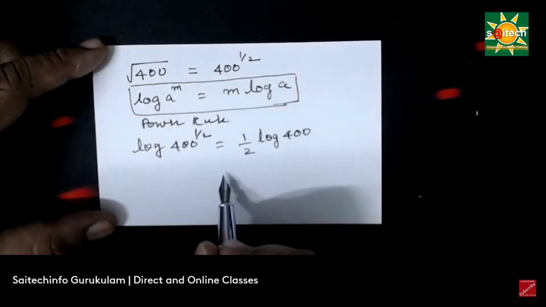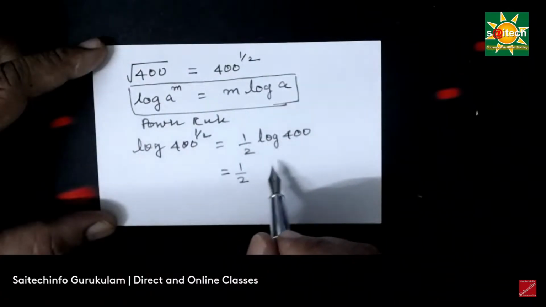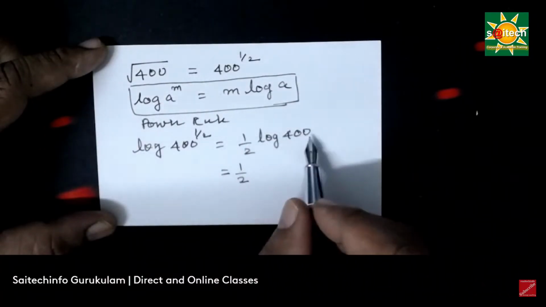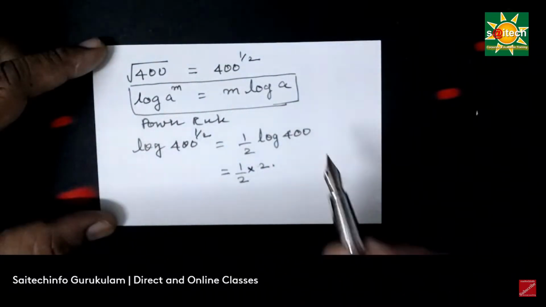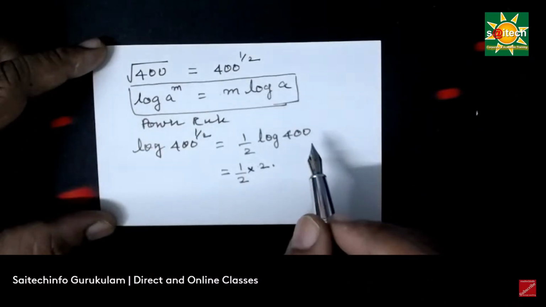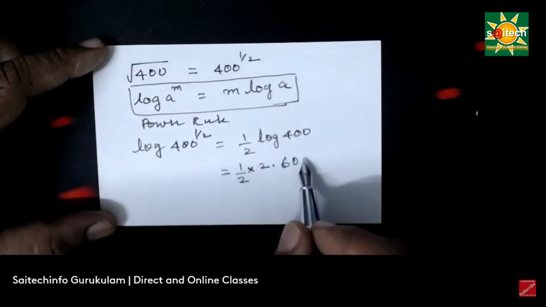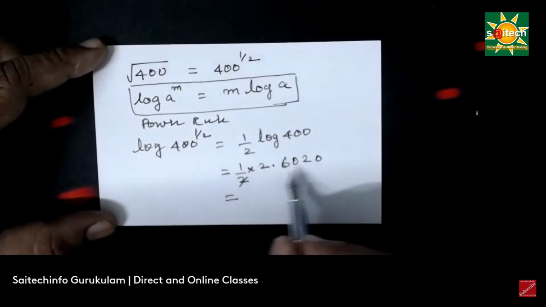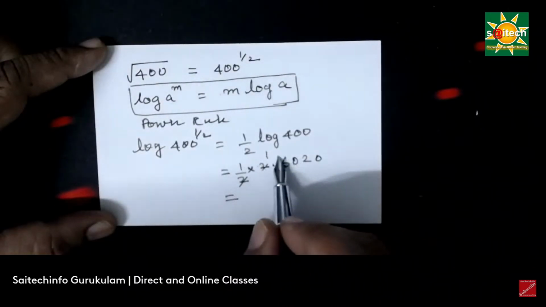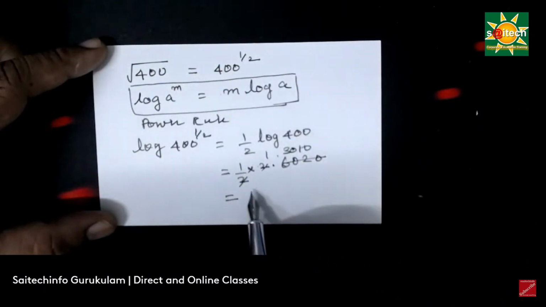And the log of 400. Okay. So 1 by 2. What is log of 400? You can check. So for 400, 3 digits are there. You can put 2 point. So 2 point. And you have to check 40 and 0. Check. It should be 60, 20. Now you can strike out. And this is 1 time. And this is 3010 times. Now you get